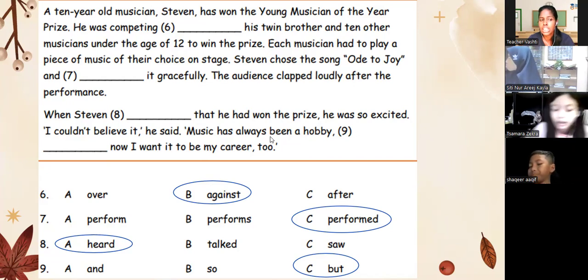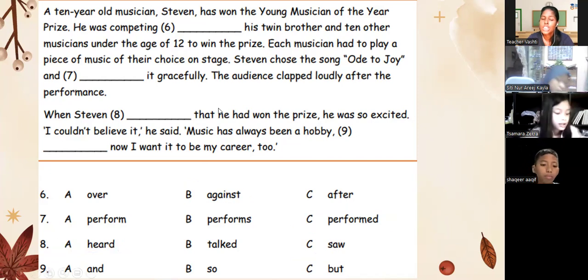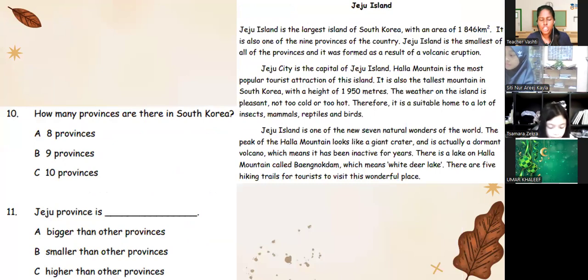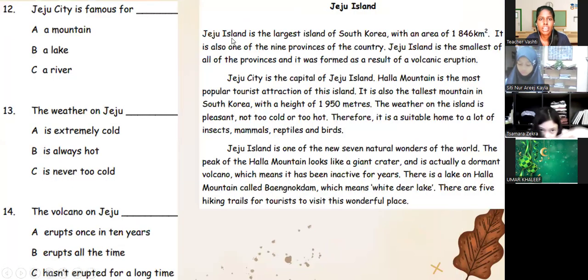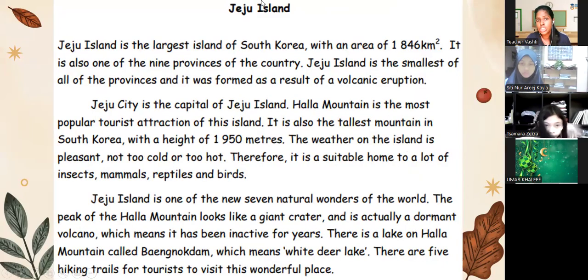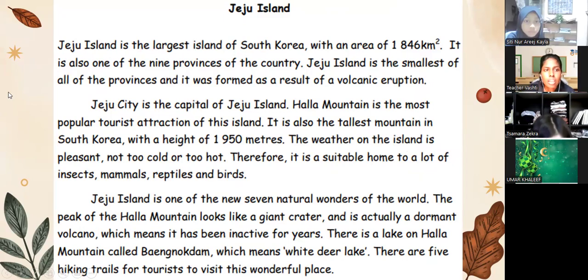Did you get your answers correct? Okay. 3/4. Okay, very good. Still good. All right. Okay, so the next one is where we have to read the text and then choose the best answers for the question given. Okay, so let's read this together. I want 3 students each to read a paragraph. Can someone start with the first paragraph? Yes, Kayla.